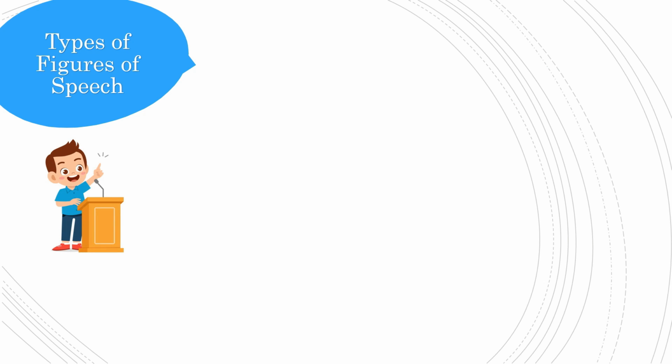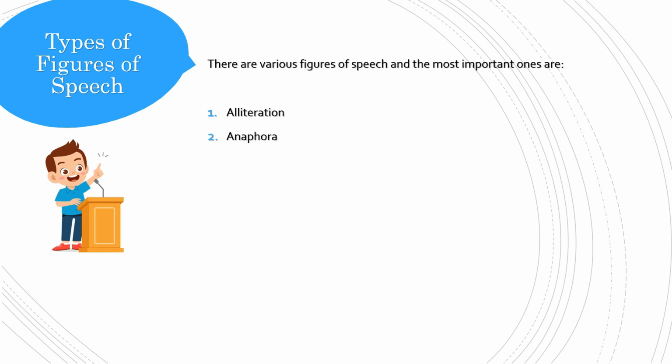Types of figures of speech. There are various figures of speech, and the most important ones are alliteration, anaphora, antithesis, apostrophe, assonance,